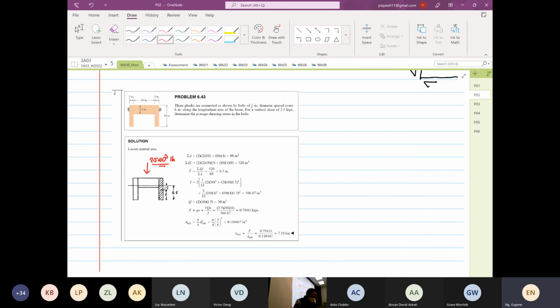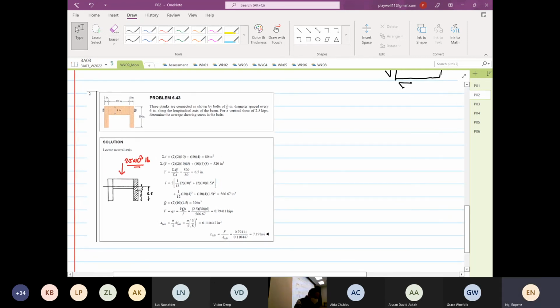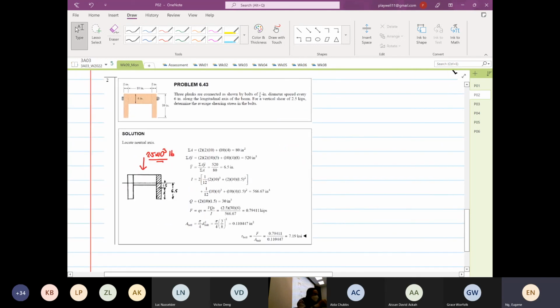So if you look at this problem, they took the web to identify the first moment of area. This is a wrong approach, by the way. I'll tell you that. This is a wrong approach. Wrong or different, hard to say. For me, I don't want to discredit the book. It's a different approach. What approach